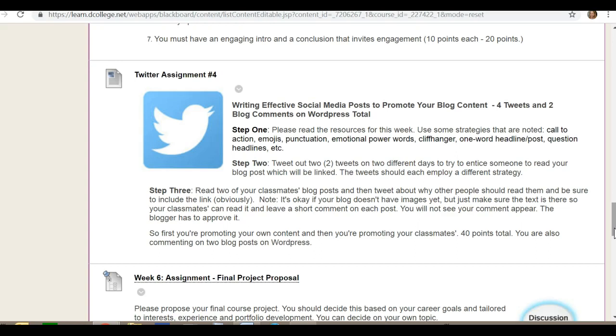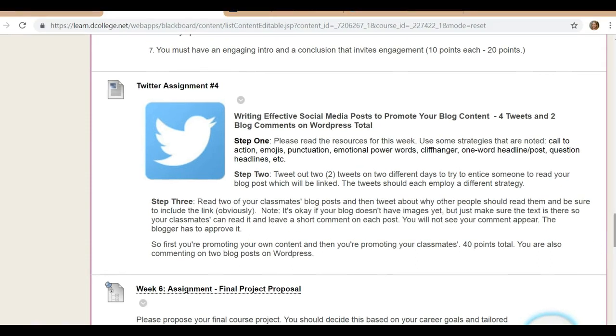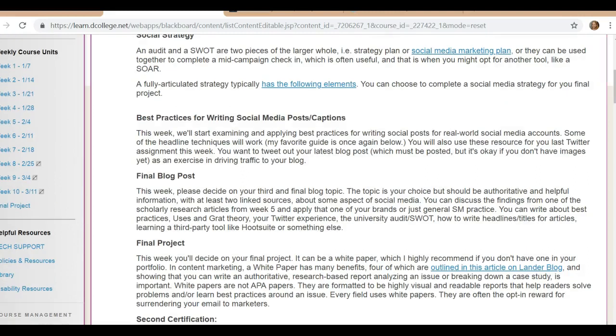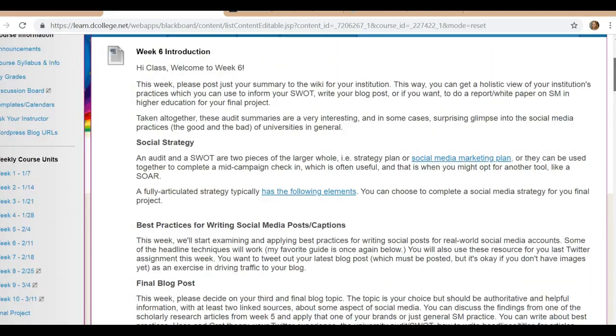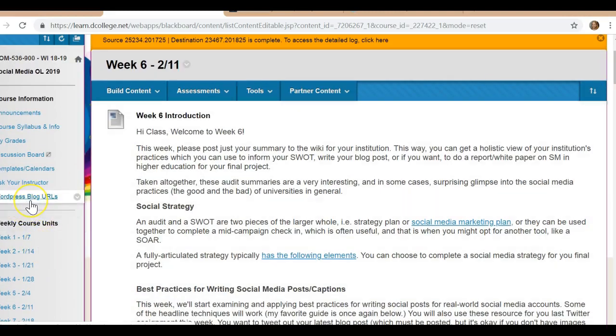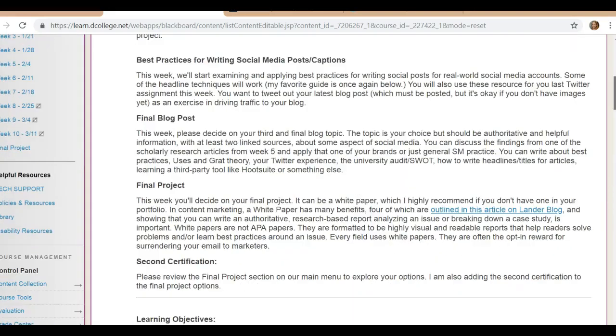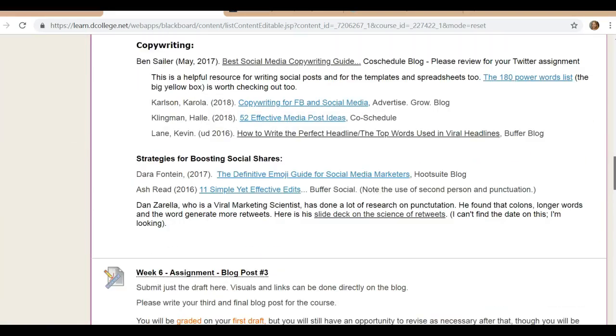And then if there's any errors, you can go to where we have on the main menu all of the links for blog posts. Let me just expand the screen. That's not letting me, but it's up here. WordPress blog URLs. Okay, so this is how next week when we do more blog commenting, you'll be able to get there. And if you notice an error, typo, or something, you want to make a suggestion, that's great. Just go into where their blog URL is posted, and just reply, and you can leave a comment. Okay? So that is up for that. So it's 4 tweets and 2 comments for the final Twitter assignment.